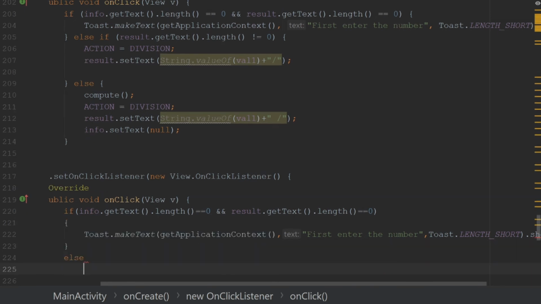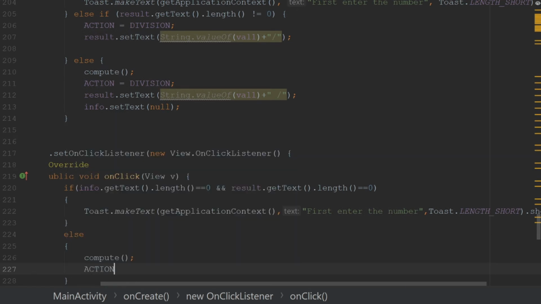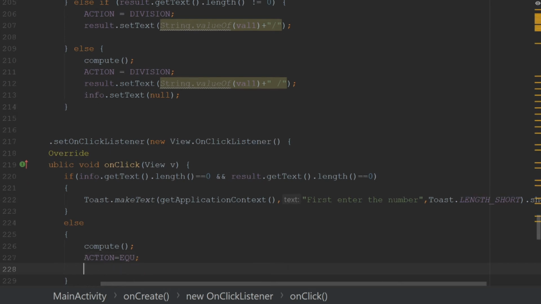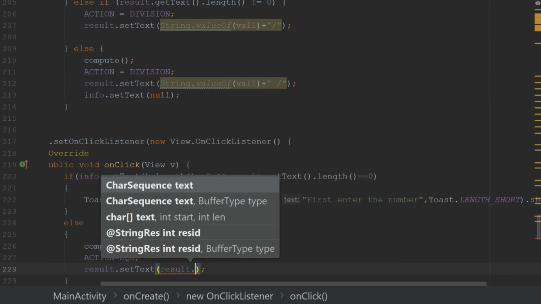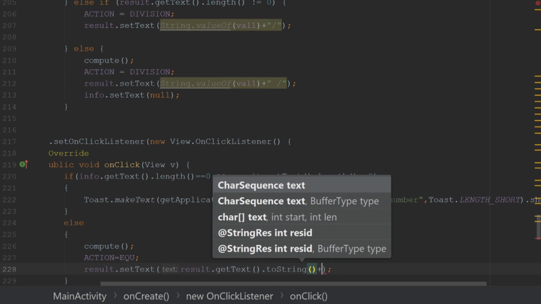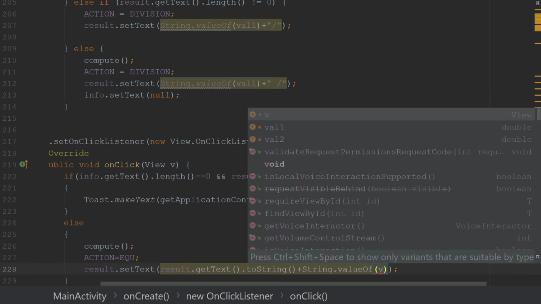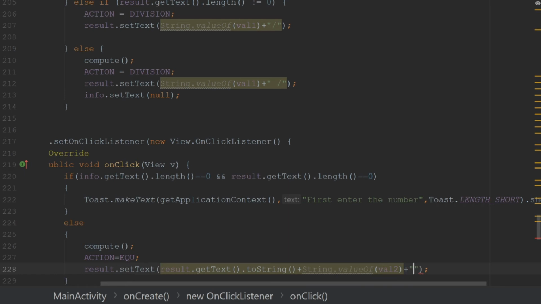Else, action is equal to EQ. Result dot set text, result dot get text dot to string plus string dot value of value 2 plus equal to sign, string dot value of value 1.